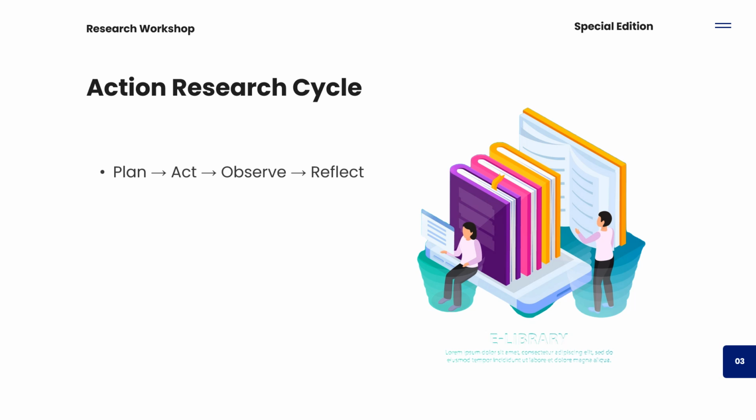So what is the action cycle that must be your checklist anytime you want to embark on a research process? First is to plan. You have to sit down and plan. You have to agree with yourself, what actually do I want to do? It's beyond just something I want to do so I can graduate from school.